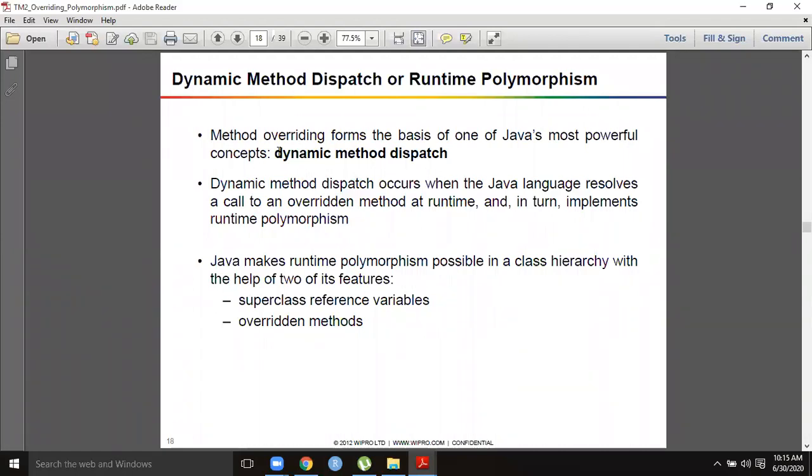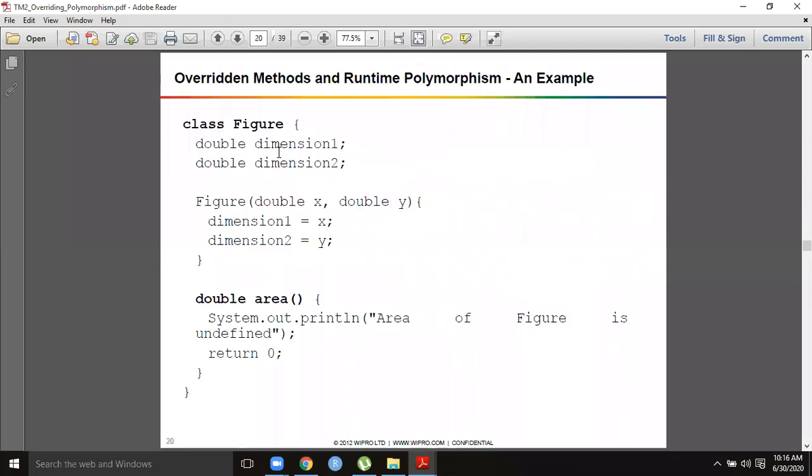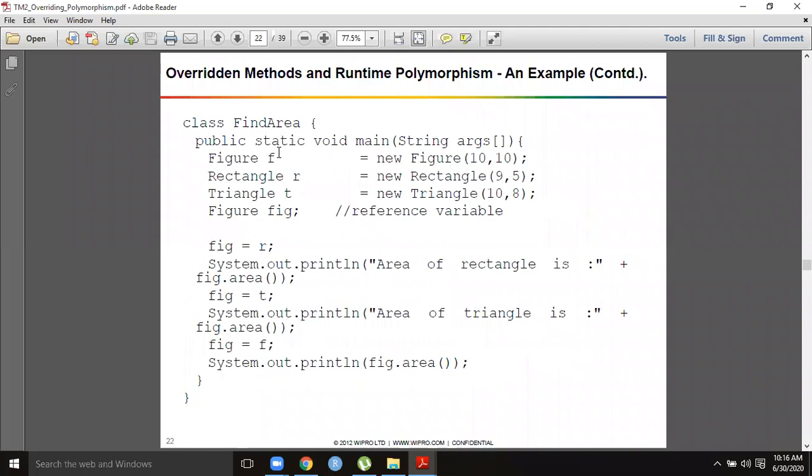We have to create a superclass reference variable, and then we can use the superclass reference variable to hold the individual objects. From that, you can invoke an overridden method, so that you can understand that a particular version is only invoked at the time. There is no chance of the invocation being received by any of the other classes' methods. I'll show you. You see this.